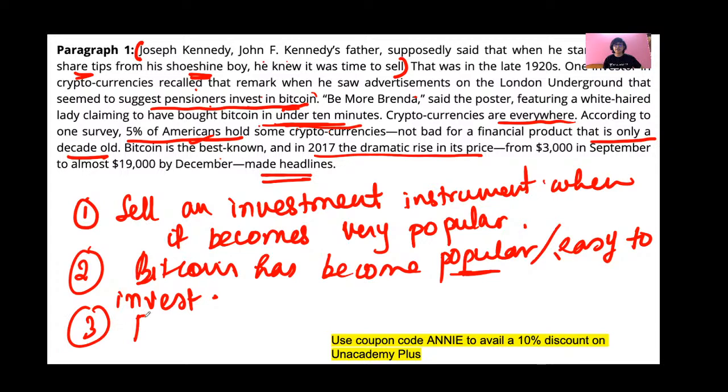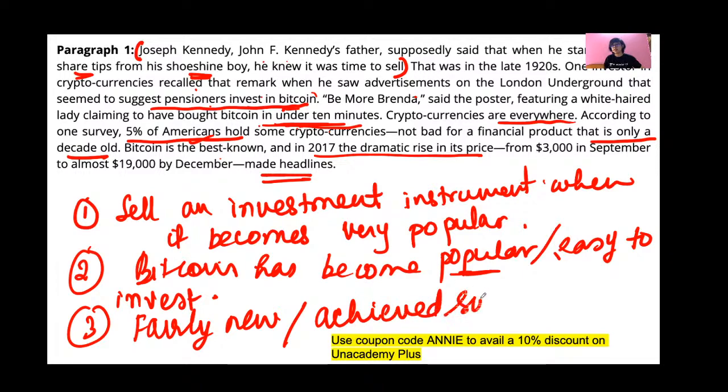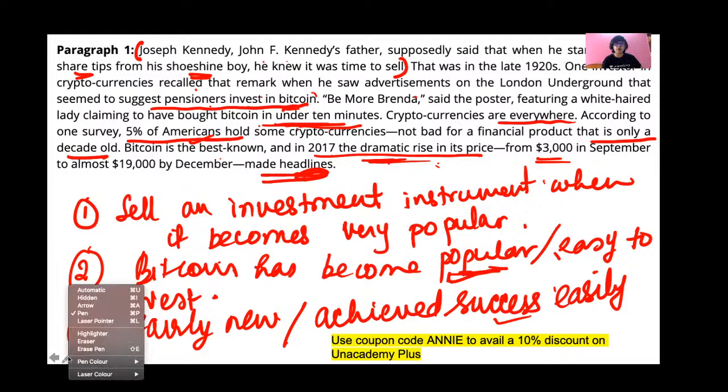This means it is fairly new and achieved success easily, or fast. Fine. And then 2017, the dramatic rise. In 2017, the price increased dramatically and it made headlines. This means it became popular and it achieved success. Now if you see, if I change the color of my pen and show you, the main